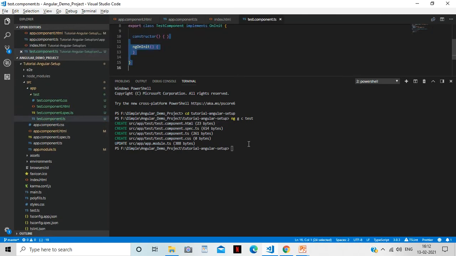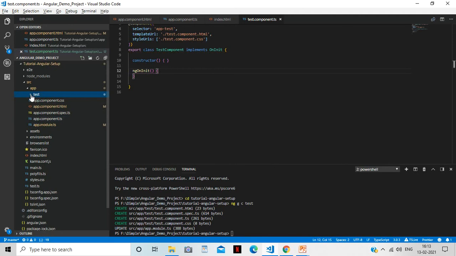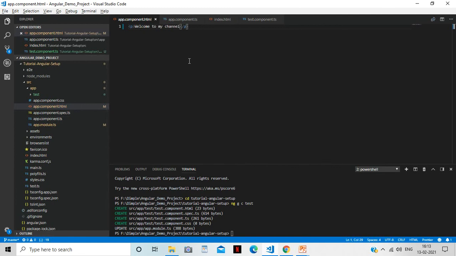Now how can we include this component? I want to use this component in my app component, because the app component is the root component of any Angular application. So what will I do? I'll go to my app.component.html file.